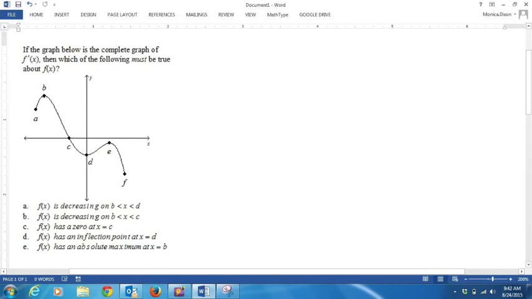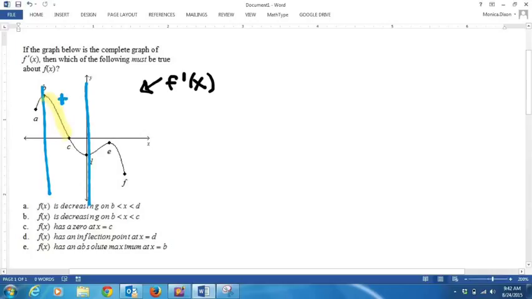For this problem, we're trying to find which one of these are true. Remember that we're looking at the graph of the derivative. So for the first one, it says f of x is decreasing between b and d. As we look between b and d, that would not be true, because as we're looking at the derivative